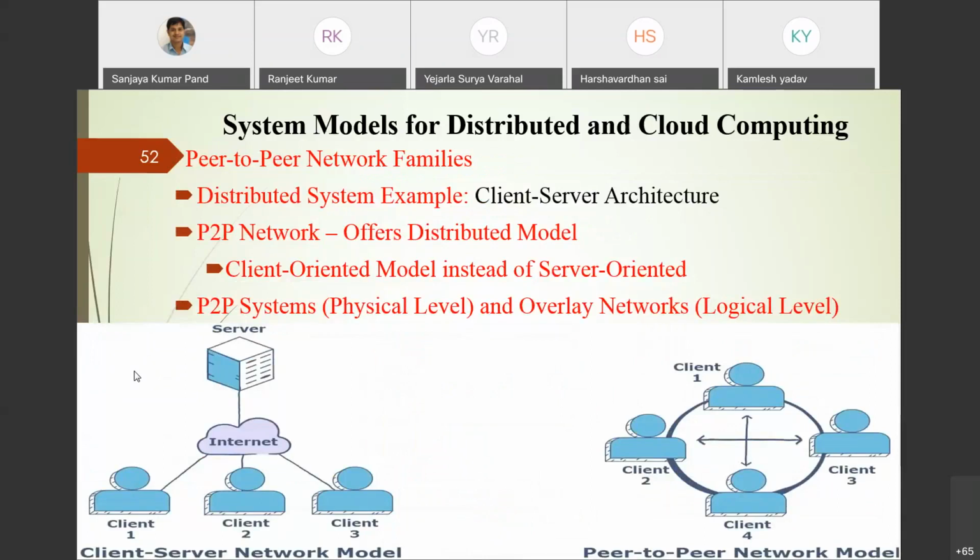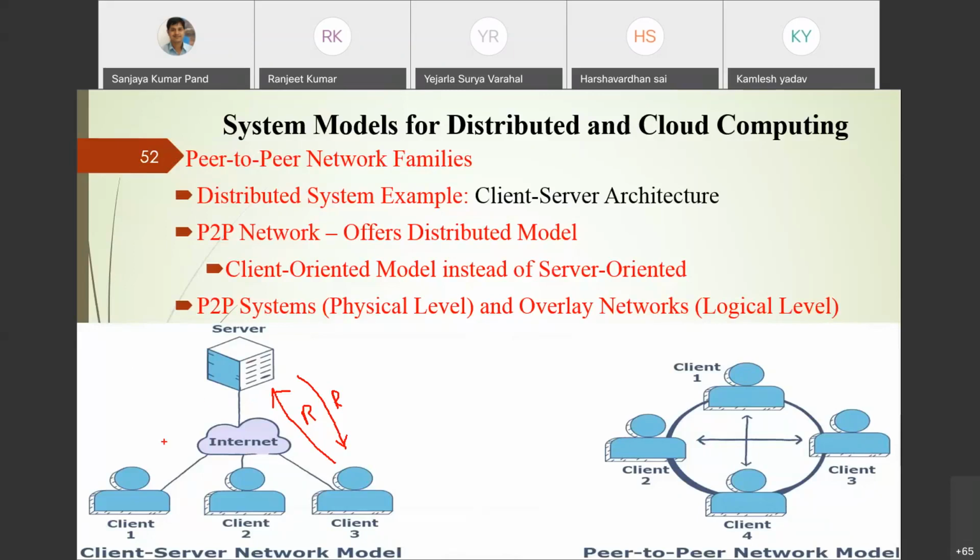So if you go for P2P network families, see, this is an example of a P2P system compared with a client server system. In a client server system, what happens? The client initiates a request to the server, that is called your request. The server replies with a response. So a client server system is also called a request response model. Request response model means the client always sends something to the server and the server always replies with some response, right? So there is a relationship here: the systems are not independent.